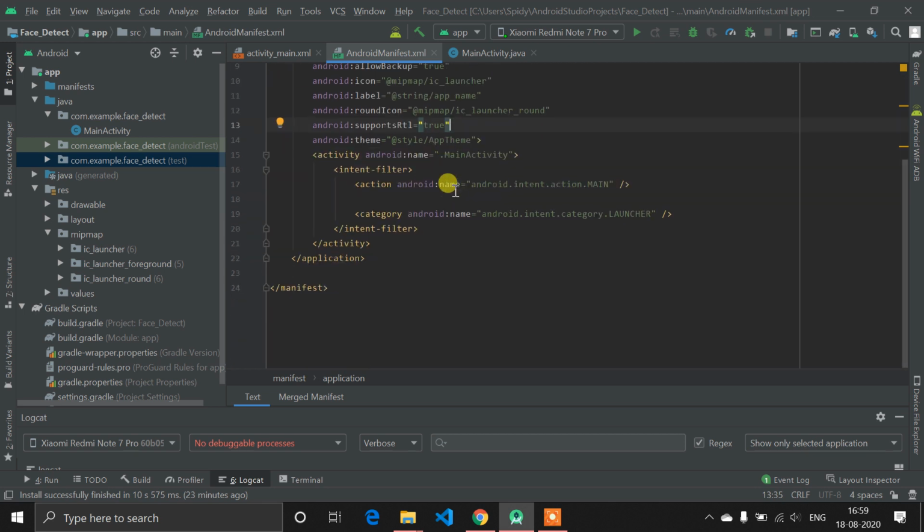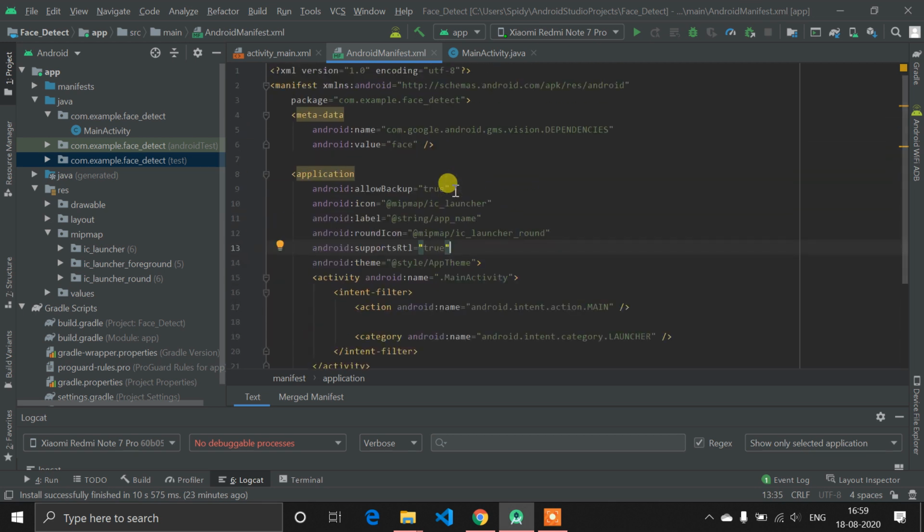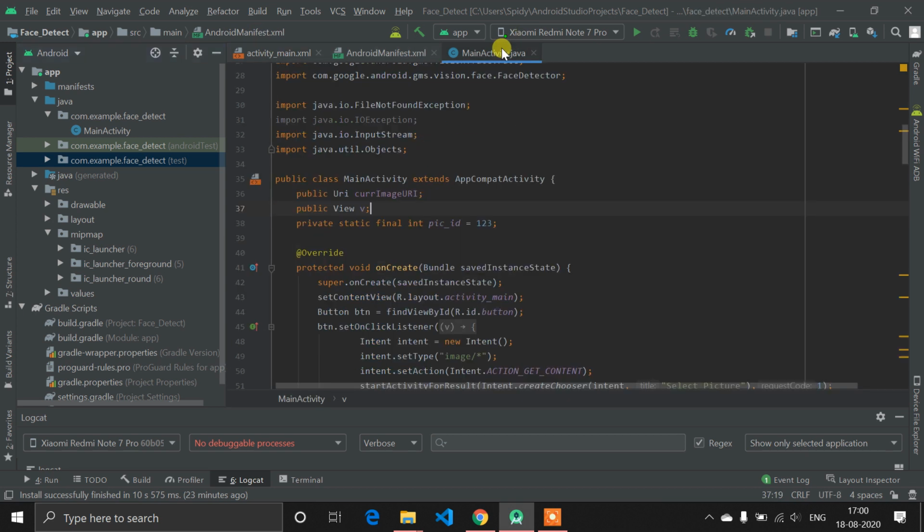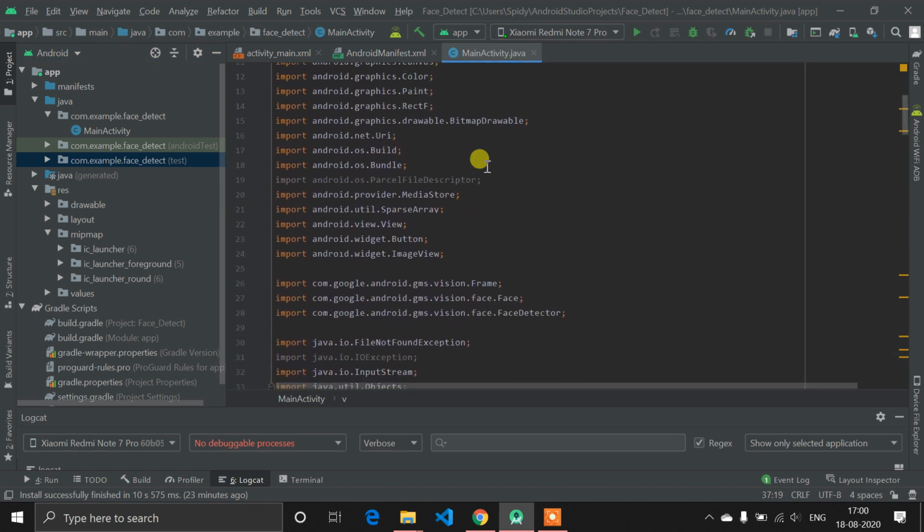In Android, obviously Android is now handled by Google, so we can imagine Google has something related for this, and Google provides a library for this kind of task, which is called Vision, meaning Google Vision. So we are detecting faces with Google Vision. Let's see what you need to import.